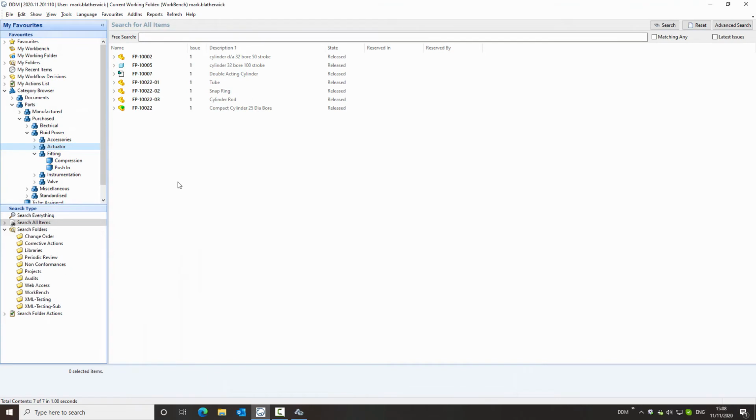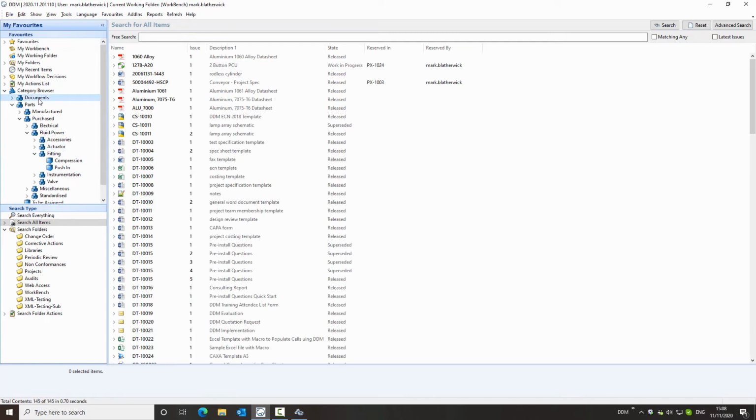If we return to DDM Office, we're going to take a look at the Documents category. You'll see if I select on this, it's actually running a search on everything that exists below this level. So in all these subcategories, and on a large database it can take a long time for those search results to return. So if we look at editing